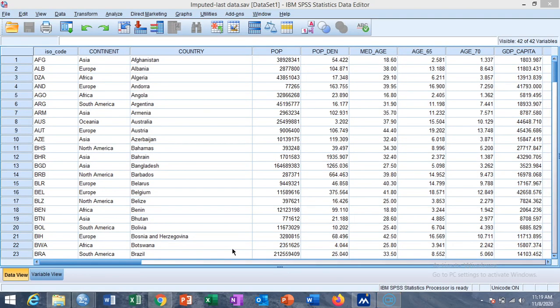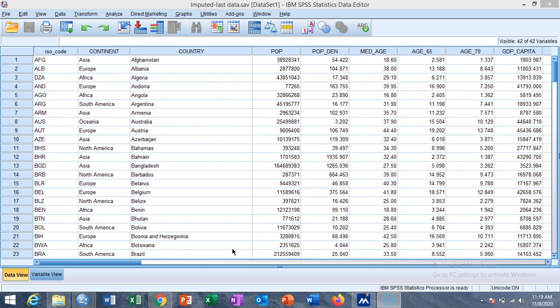In this tutorial, we learn how to construct a geographical map in SPSS. As many of you may know, in different articles and reports we see geographical maps for the purpose of comparison and movement of a variable in different territories and countries. So it is important to display the data on a map.